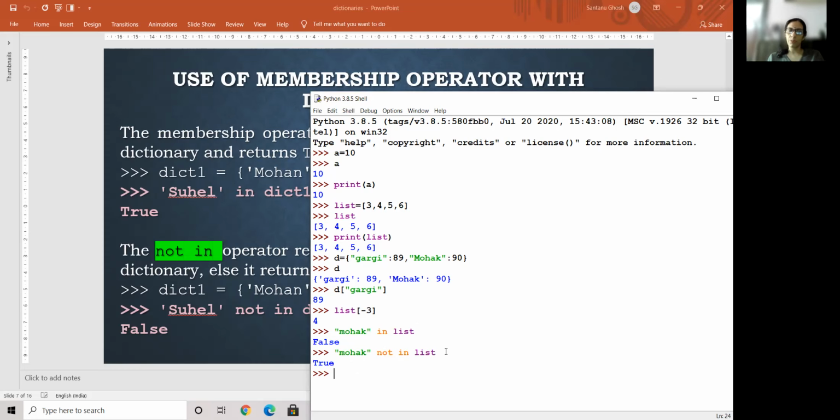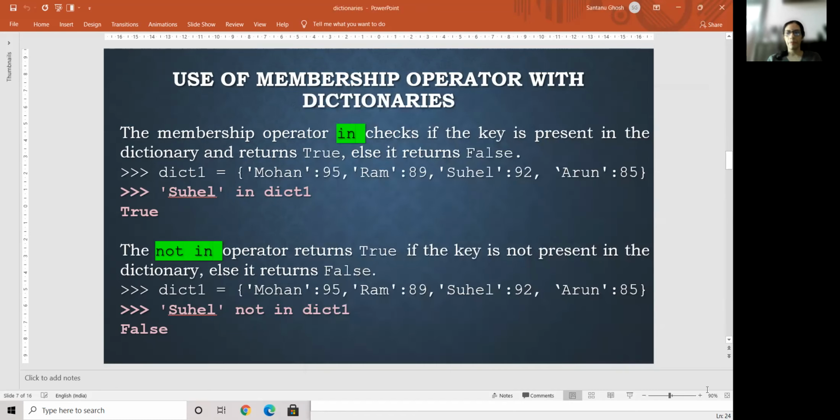Hence you get true. So please remember, this is a very typical question which can be asked in an MCQ. This is a dictionary, this is a question I'm asking using in and not in. So what's my answer, whether it's true or false? Just read it the way you do for an English sentence, you'll get the interpretation automatically. It's not something very difficult. Okay, so that is the use of the membership operator.